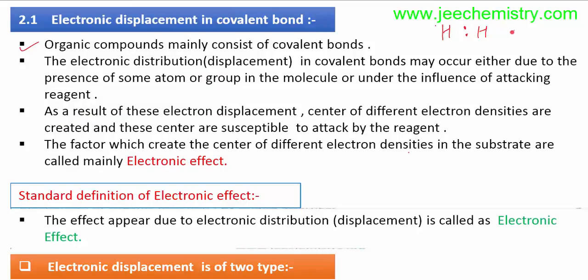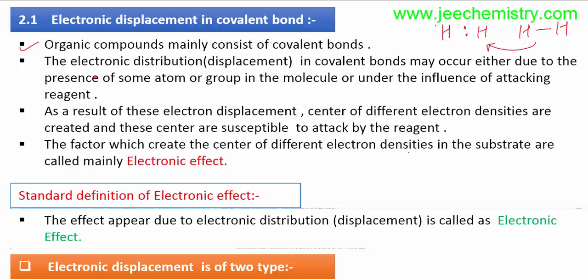They are covalently bonded, and this can be represented like this. Each hydrogen has one electron, and they are covalently bonded, which means the electrons are shared by both atoms. But due to attacking reagents, due to electronic displacement,